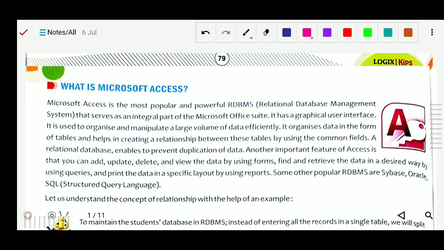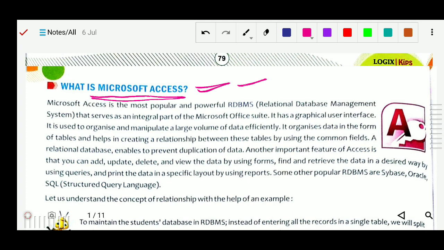An example of a flat file database is Microsoft Excel. Examples of the relational database are Microsoft Access, Microsoft SQL and Oracle. Now we will study Microsoft Access. Microsoft Access is an example of which type of database? It is a relational database.